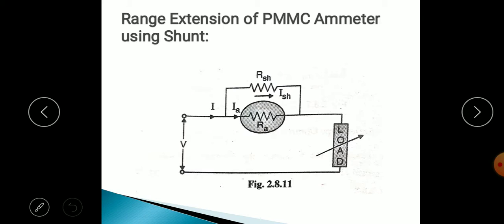Need of range extension in meter: the coil of the ammeter is light in weight and can carry very small current, up to 100 mA. Therefore, if a high value of current is to be measured, this coil cannot be directly connected to the circuit. How is meter range extended? The shunt is used in such case. The shunt diverts the majority of current through it, and the remaining current of safe value is allowed to pass through the ammeter. The shunt is a low resistance connected across the ammeter for range extension.